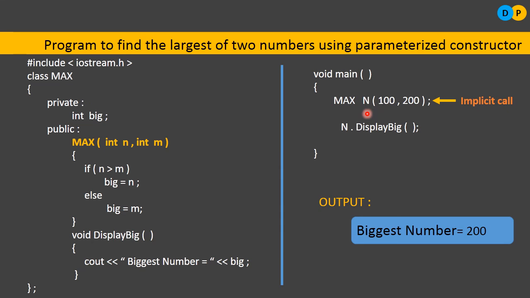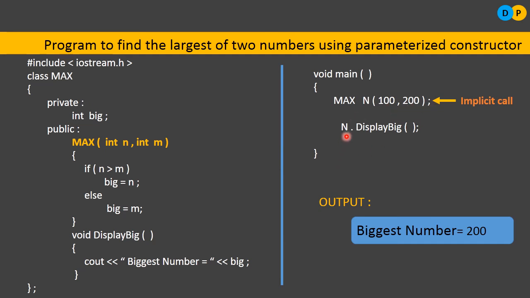As soon as the object is created, the object's data members will be initialized with certain values. Here I am not explicitly, not forcefully calling it. It happens by itself; implicitly this particular constructor will be invoked. So as you can notice, there is a lot of difference between explicit call and implicit call. So class name, object, and within parenthesis the argument list will be there. So this is an implicit call.